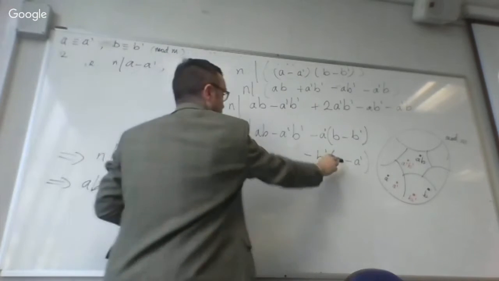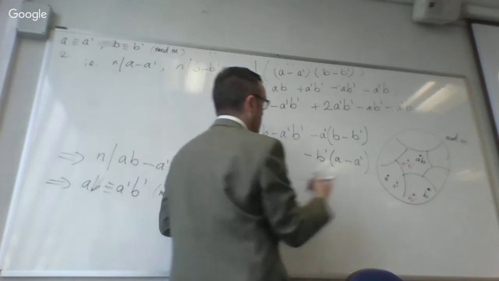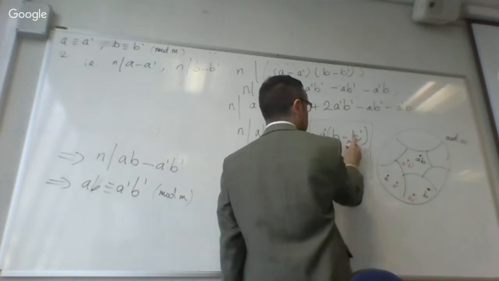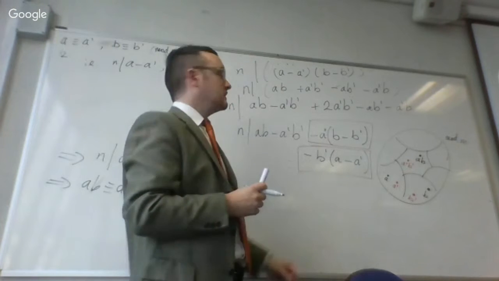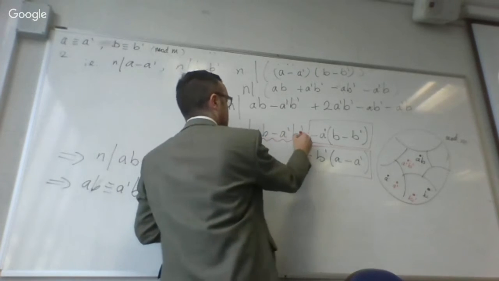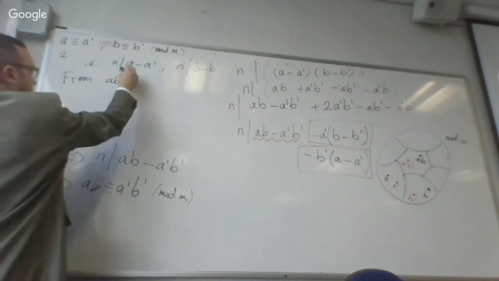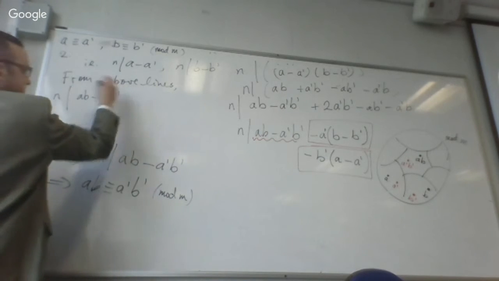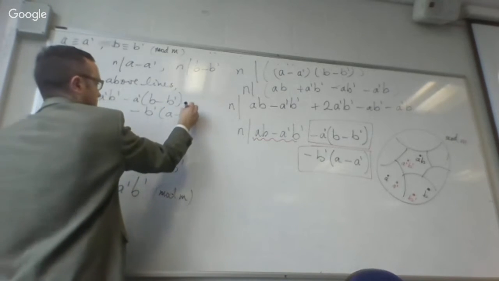From the assumptions, I get this. n divides this big long sum. But you see, I already know that n divides this part in this red box and this part in this red box. Because these are multiples of B minus B prime and A minus A prime. Well, I know n divides those. So if n divides the whole thing, and it divides this part already, and it already divides this part, n must divide this part here. So from the above lines, I know that n divides this AB minus A prime B prime minus A prime into B minus B prime minus B prime into A minus A prime,